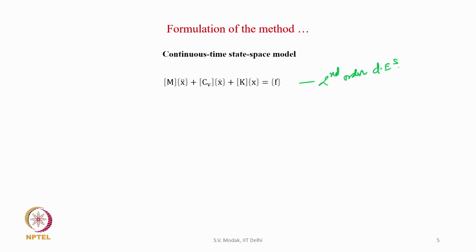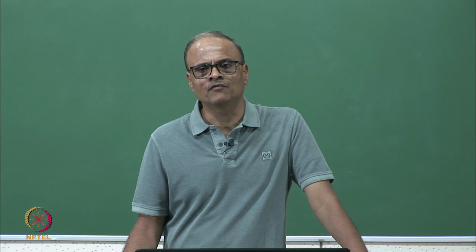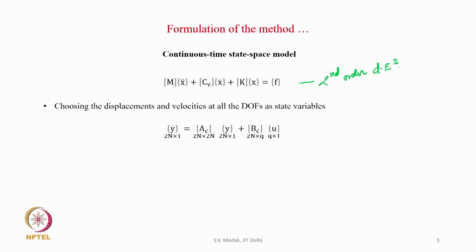For that we need to choose the state variables, right. This system is of order n, the degree of freedom of the system is n. So, we require 2n number of state variables, and then we will choose the displacement and velocities at the n degrees of freedom as the state variables. So, this is the state equation for the state space model, right. Here y is the state vector, this is nothing but a state vector, okay. U is the input vector,